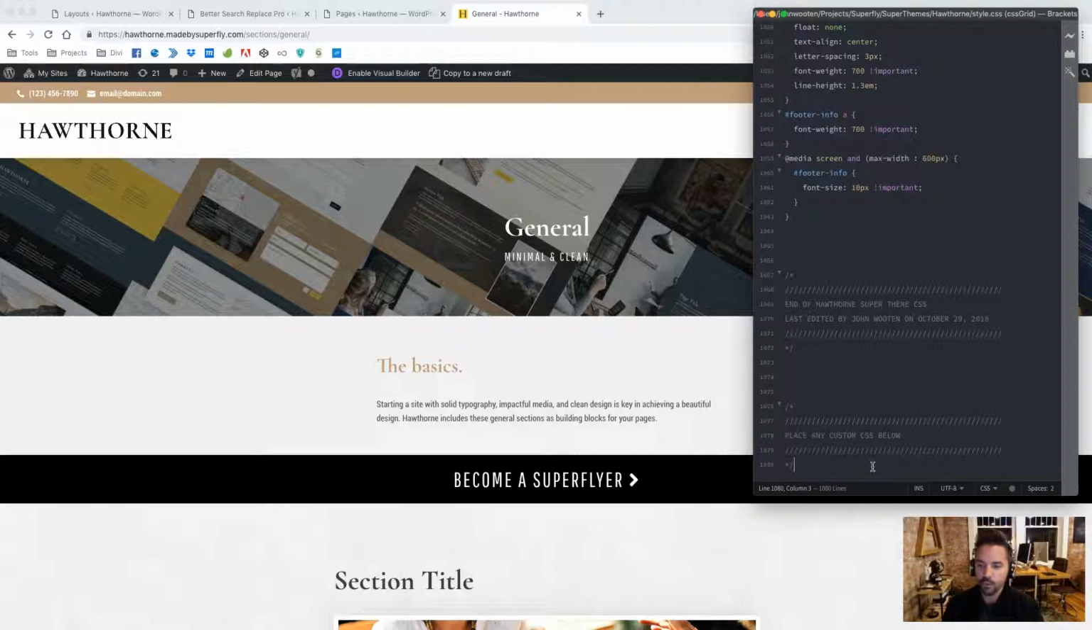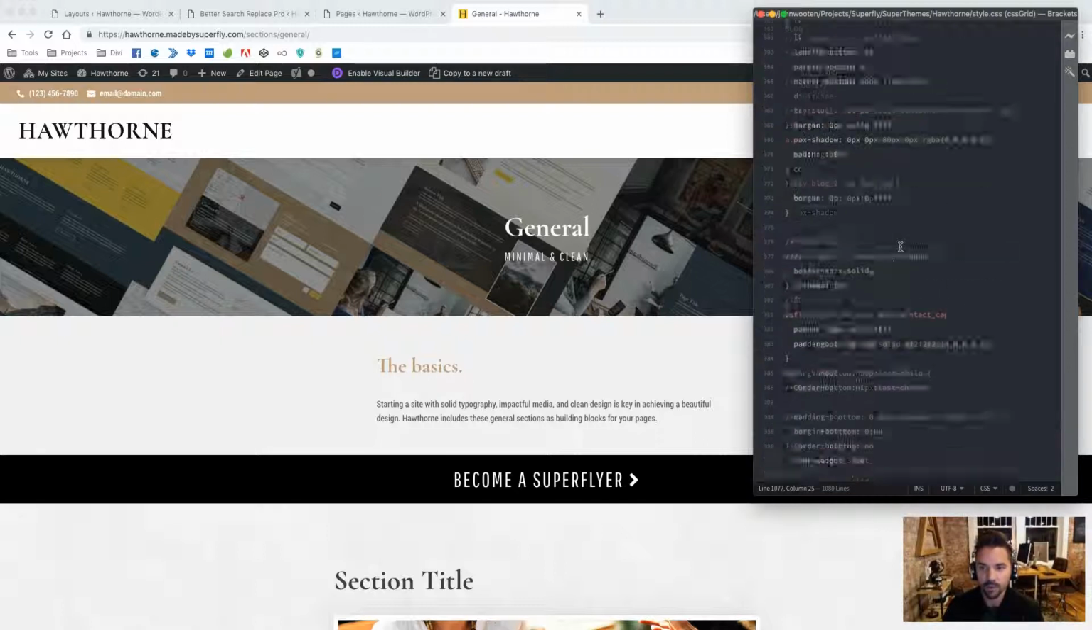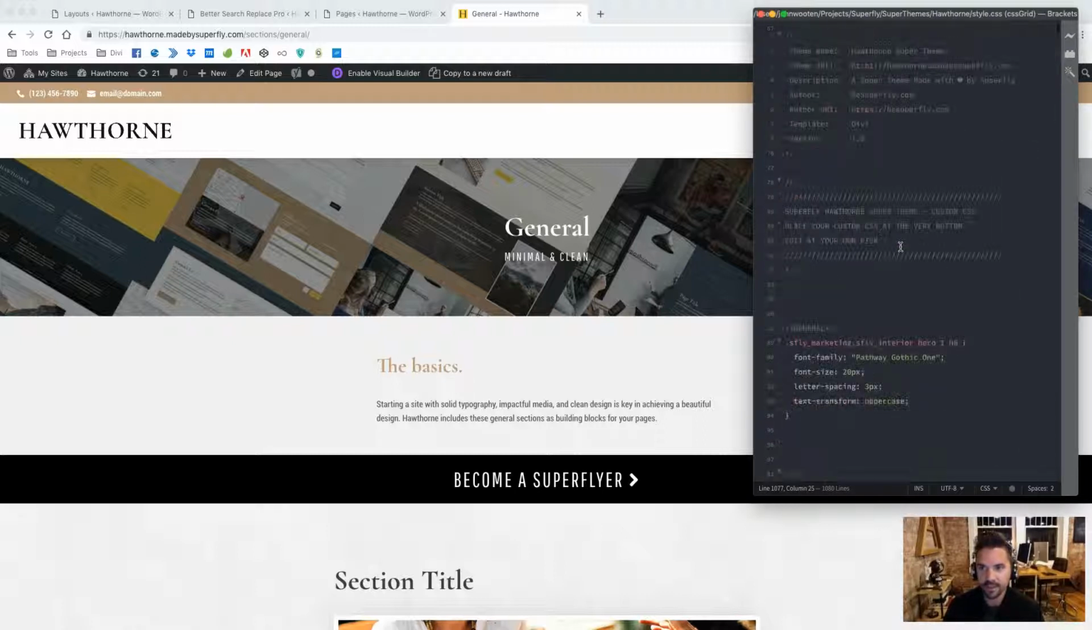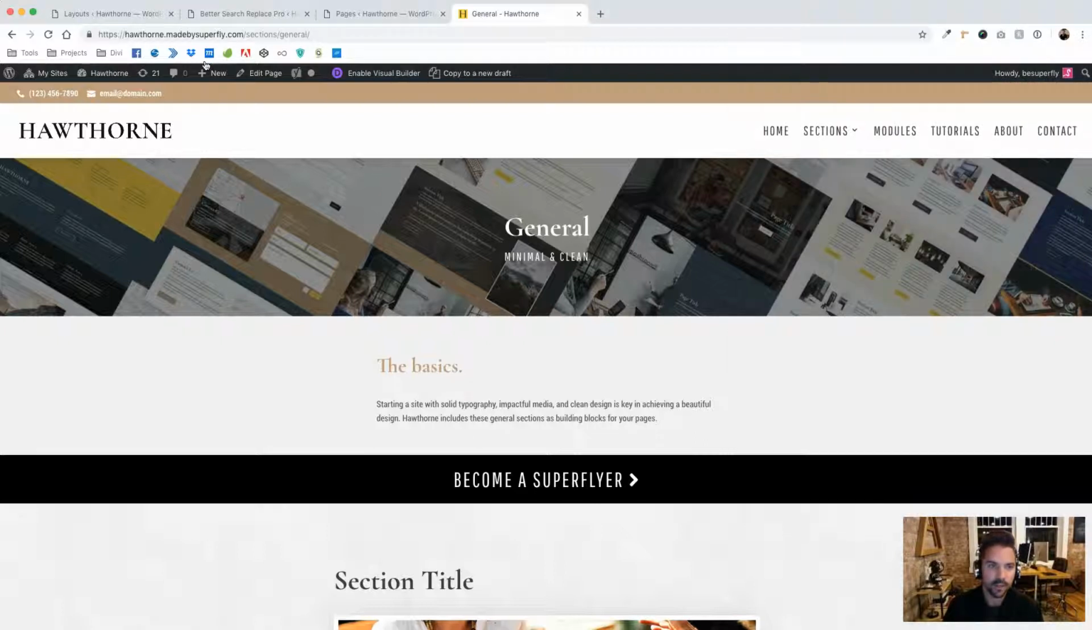If you feel comfortable, you can put your CSS down here. But if you do put your CSS down here, I would save that CSS in a separate file, because when Hawthorne gets updated, this CSS file will get updated. So if you want to save your own CSS, I would recommend whatever CSS you write, save it in a local CSS file. Otherwise, I would just recommend you put your